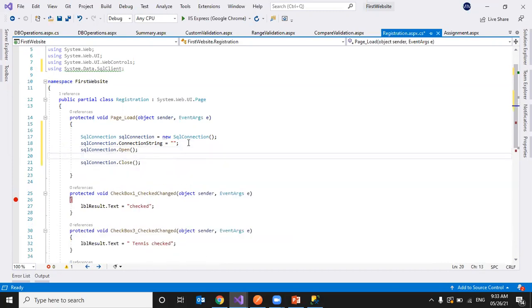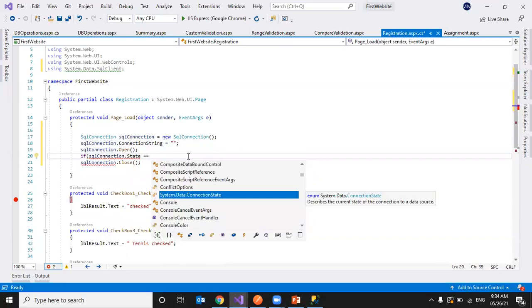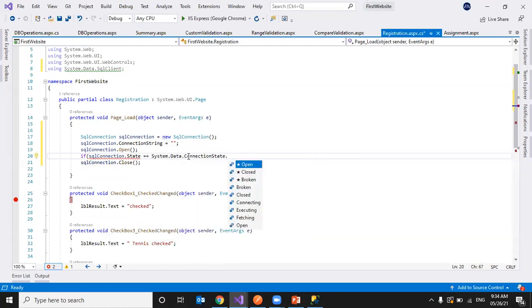To see whether the connection is opened or not, we can use the State property. SqlConnection returns the state of the connection. The state can be ConnectionState.Open, Closed, Executing or Fetching; these are the different values of the state.